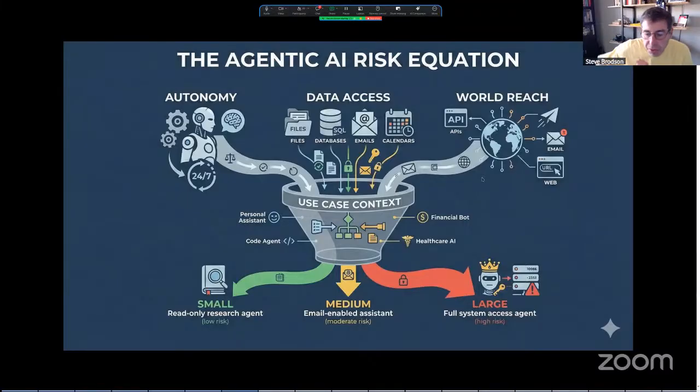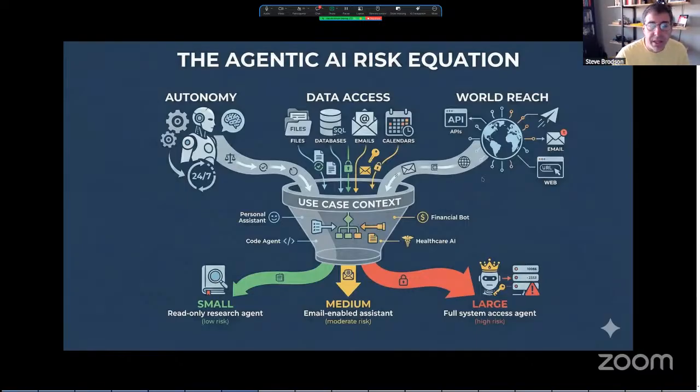Now, there's very extensive threat modeling, but as a shorthand usable for non-security folks, it's really useful to think about the things that cause agentic AI to be risky. Number one, you've got an autonomous bot that is running without human intervention, and unless you actually put a human in the loop, it's going to do its own thing. So that autonomy makes it potentially dangerous.